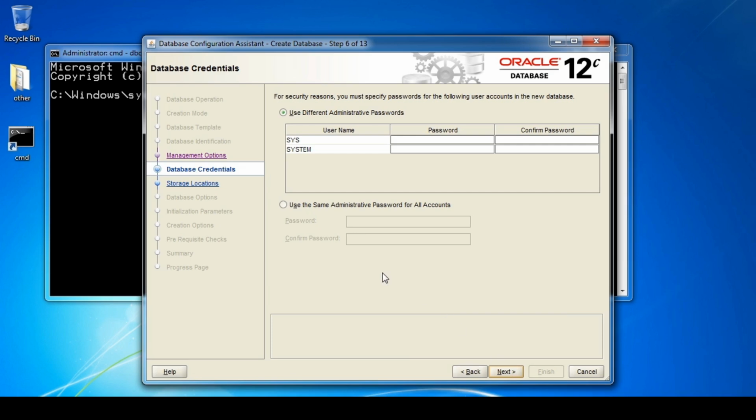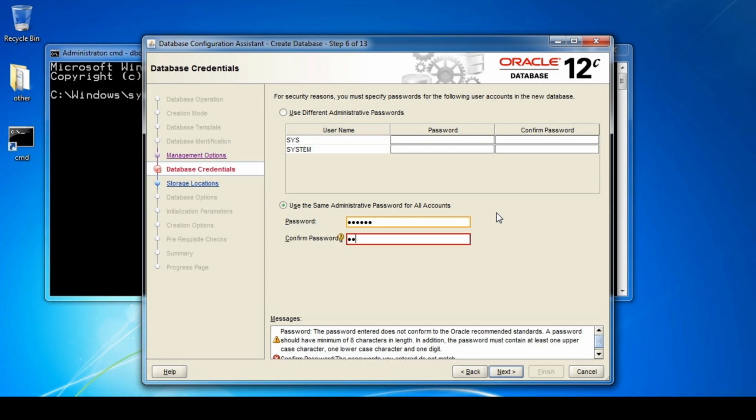Click Next. Now we have credentials, so we need to give passwords to the administrative users that Oracle includes. So those are sys and system, the highest administrative users in an Oracle database. We can give our passwords here, then give confirmation. I'm going to click down here where it says use the same administrative password. Now we're doing this for simplicity's sake. This is certainly not recommended in a true database that's going to be used by a company, particularly a production database. We're going to type in a password here, confirm the password,